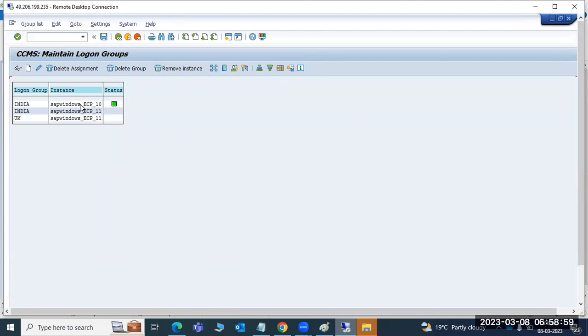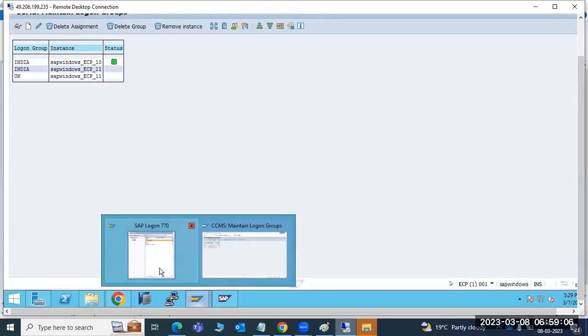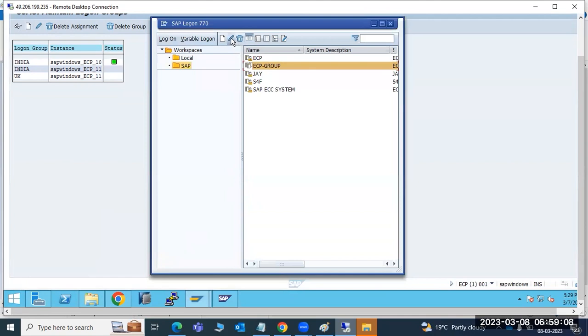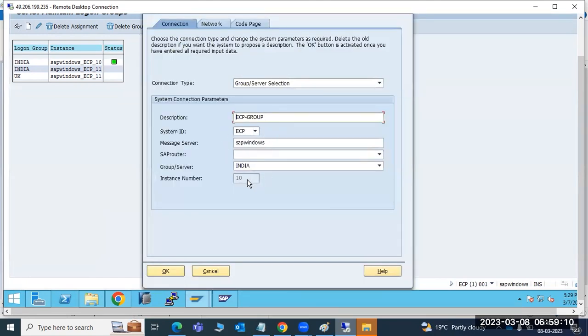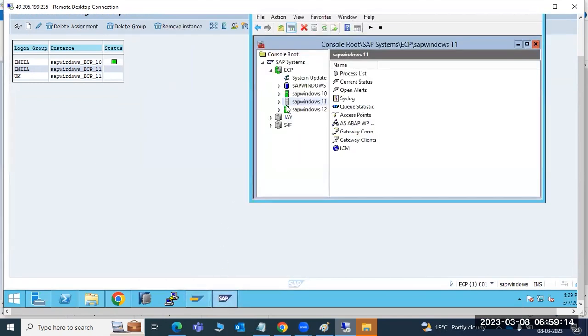Then the 10th application server is up, and all your requests will route to this 10th application server. So this is the way we have to configure the groups in the system. Where do we have to configure the groups? In